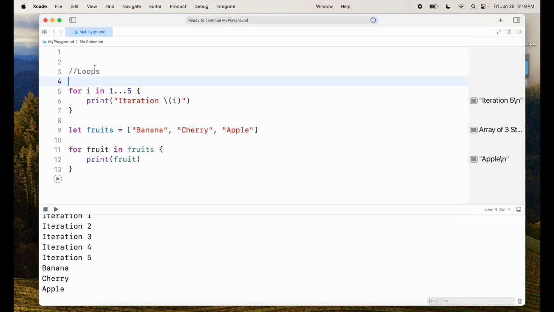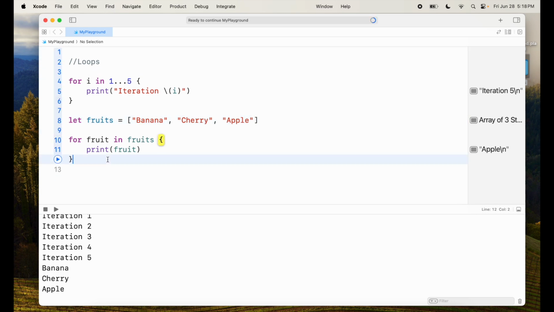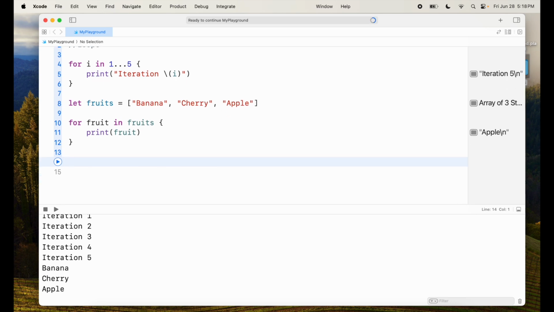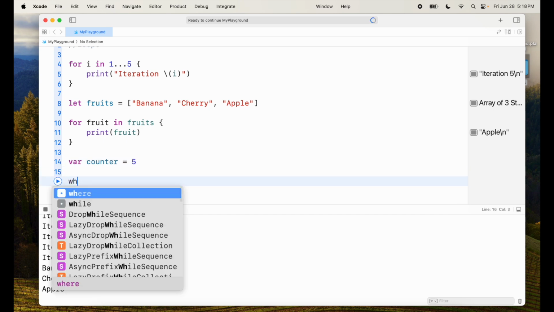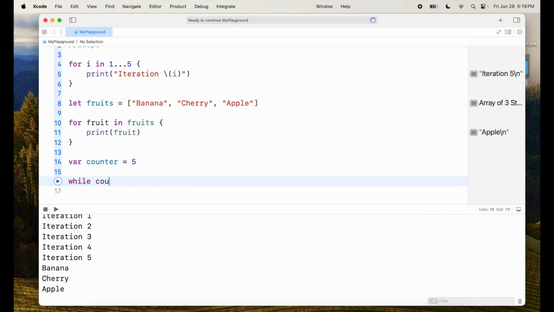Now next, let's look at while loops. A while loop continues to execute a block of code as long as the condition is true. So in a while loop you give a condition and say run this loop as long as the condition is true. This is a very dangerous loop because the condition might be true forever and it will never stop. So I'm going to create a counter of 5 and I'll say while counter is greater than 0,